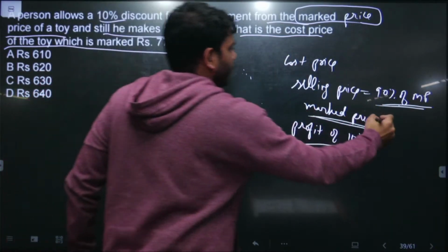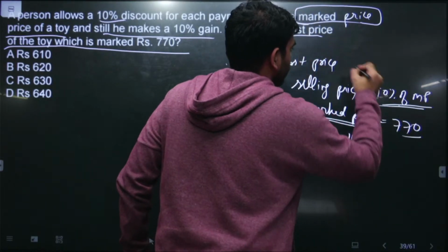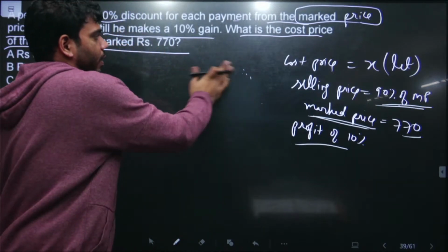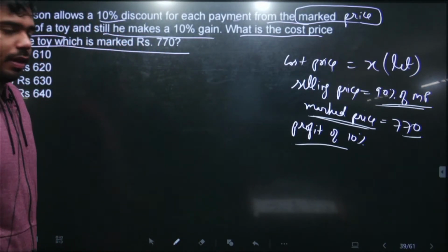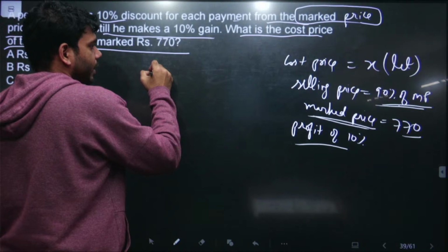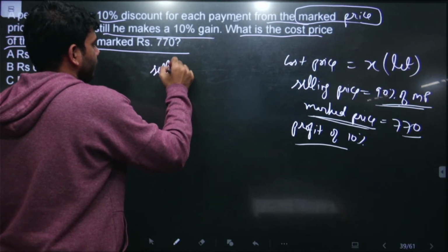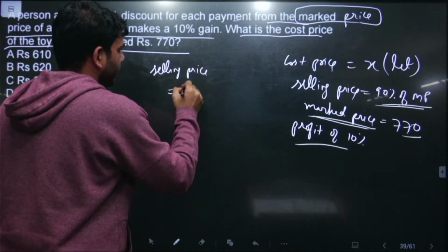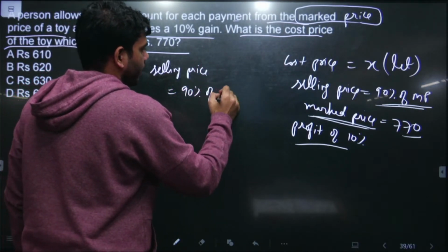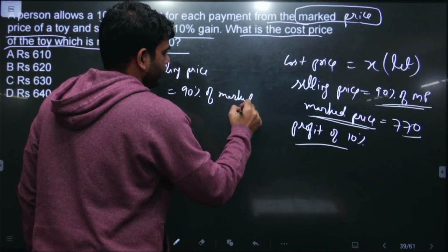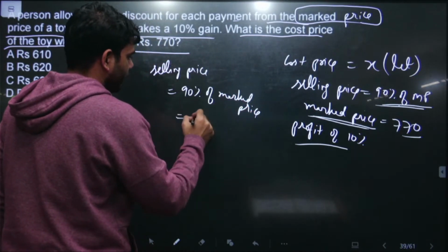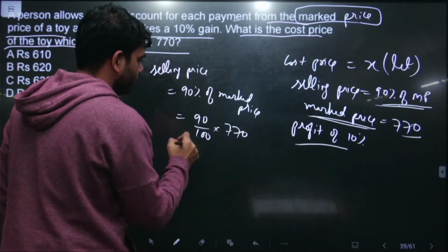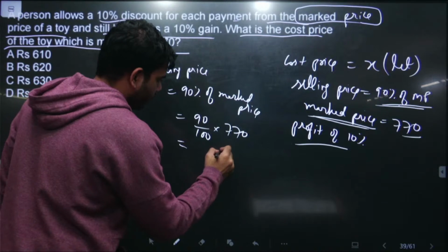And we know the mark price is 770 rupees, and he is asking us what is the cost price. So let the cost price be X. So the question is very simple. Let the selling price be 90% of this marked price. 90% means 90 upon 100, and the mark price given to us is 770. So this is the selling price, and this is coming out to be